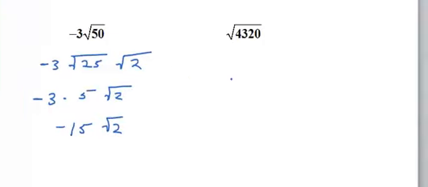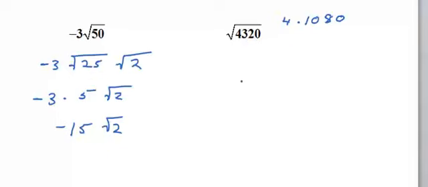In this last example, we have a huge number. I have no idea what the largest perfect square is. So this is where I'm going to look for a perfect square that divides into it. And I can see that 4 does. If 4 goes into the last 2 digits, which is 20, then 4 goes into the whole number. So let's see. It's going to be 4 times